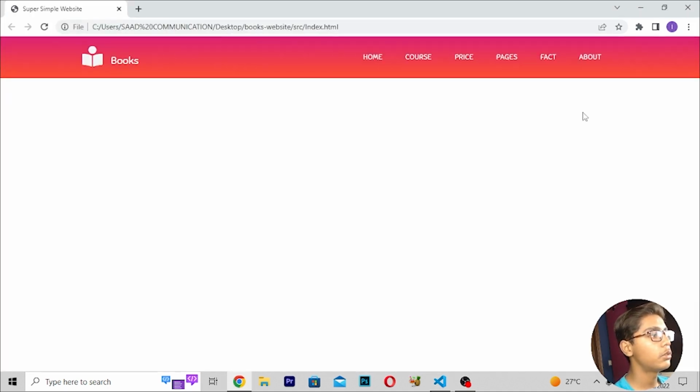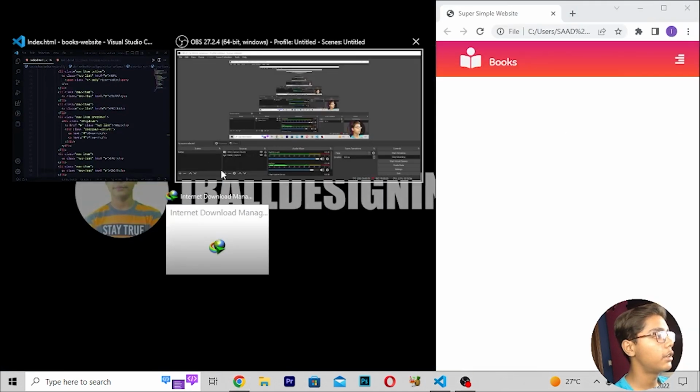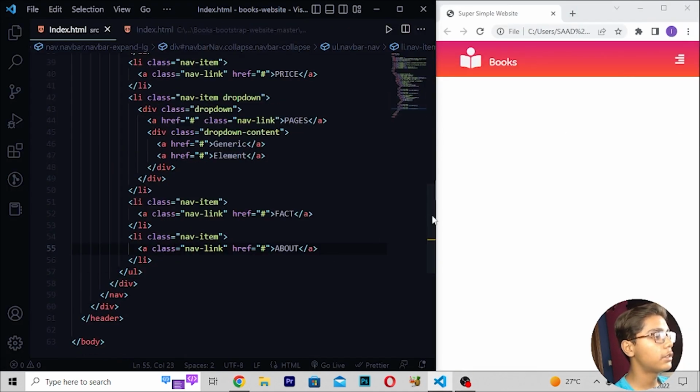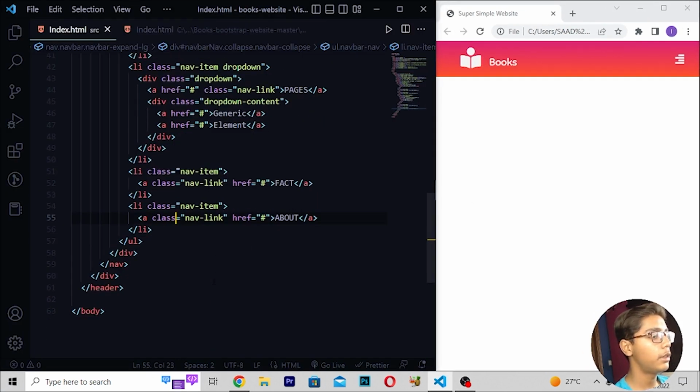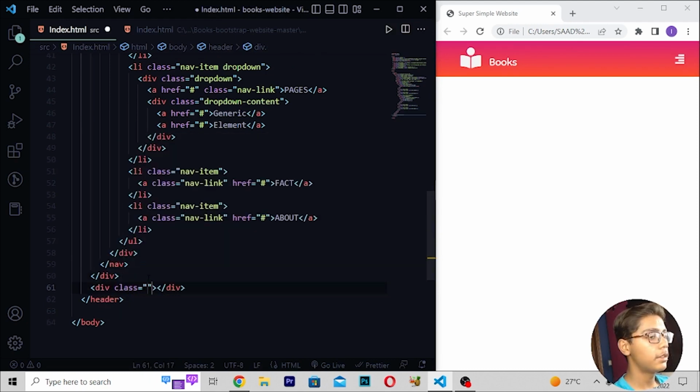So here if I just show you, you can see we are getting all this stuff here, and then we are getting here generic like this. Now when you are getting all this, here I will be doing it again. Now you have to just move under the div which we have created. Then right here div class container text-center. Then you have to write here div class row.